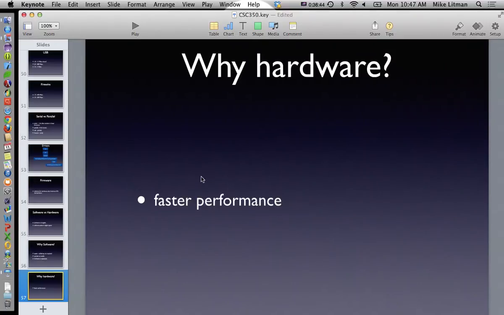And when do we do things in hardware? At what point is it worthwhile spending the extra money to do something in hardware versus software? Why aren't all of our computers software-based? Down to the core. Well, I don't want to finish that thought because it's part of the answer I'm trying to get at. So why don't we just make everything software-based? It would drive the cost of computers way down, wouldn't it?